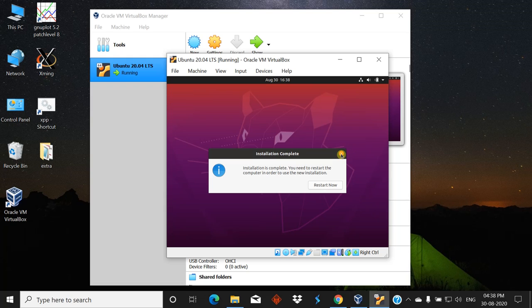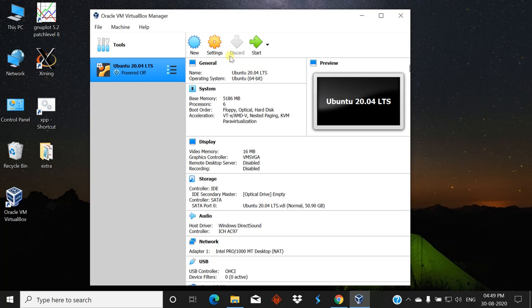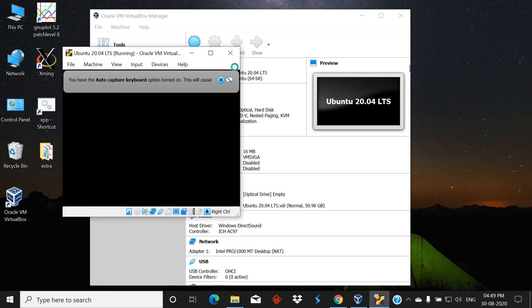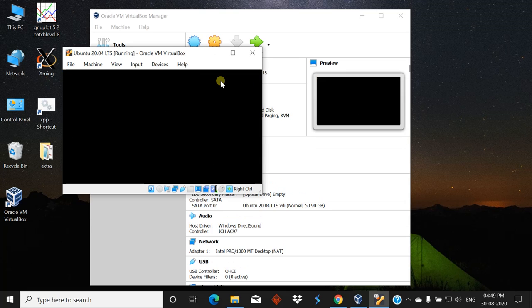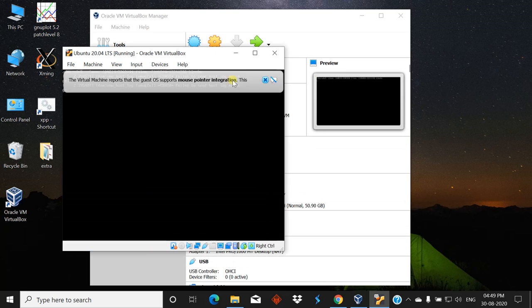After that you will see like this. Now you can select Ubuntu and click on start. Now your Ubuntu operating system has fired up and you can see the Ubuntu homepage.